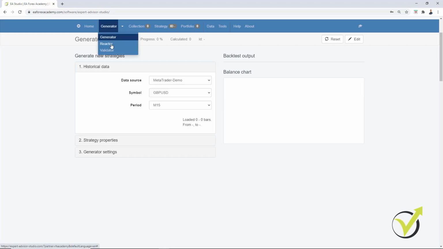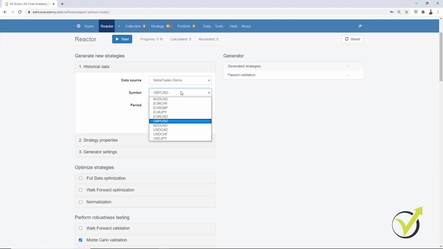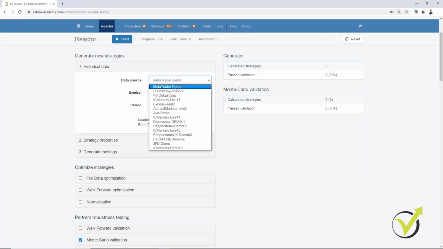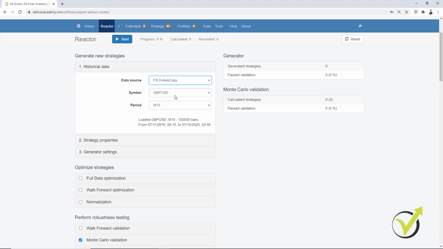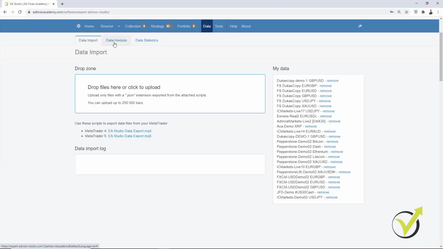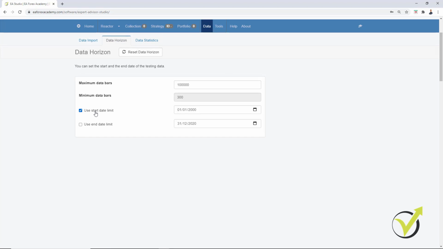I will need to open one more reactor now for EURGBP, but I make sure to use the Dukascopy data that I have imported, and I will go for EURGBP on the H1 chart. Going quickly through the data horizon, I will use the start date limit 15th of July 2015.